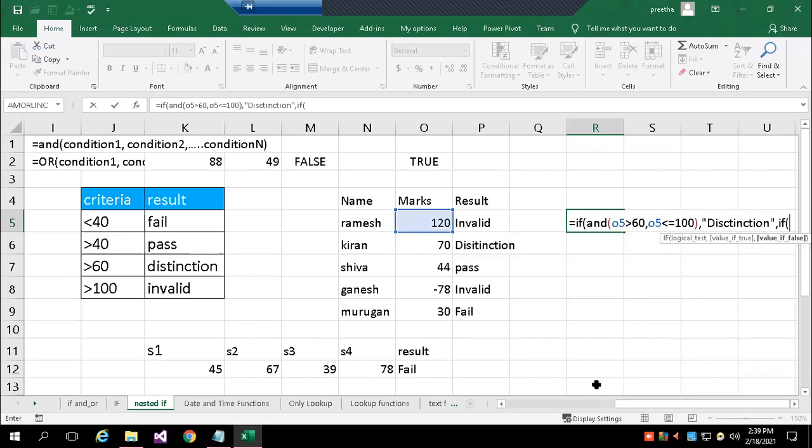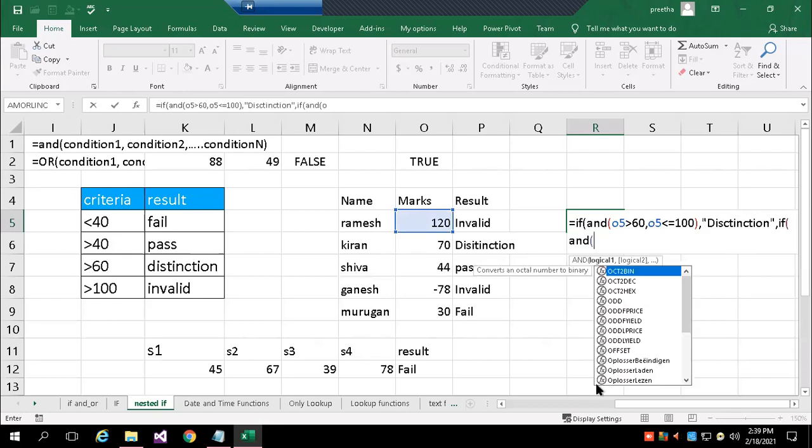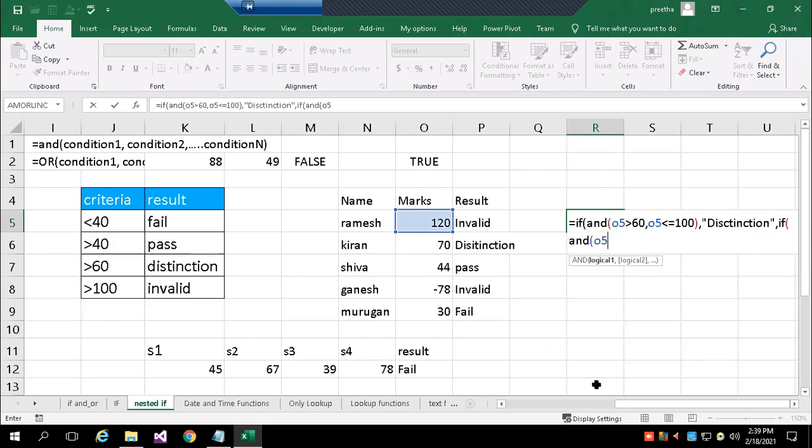What is the next criteria? If AND, O5, second condition, greater than or equal to 40, comma, O5 less than or equal to 60, then I have to write pass.